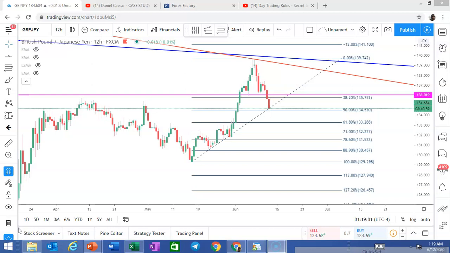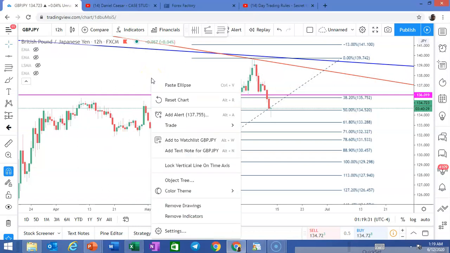It determines the support and resistance of an impulse move, whether that move be bullish or bearish. And we use it to find out how far the market will retrace before it continues in the direction of the trend. So, for example,